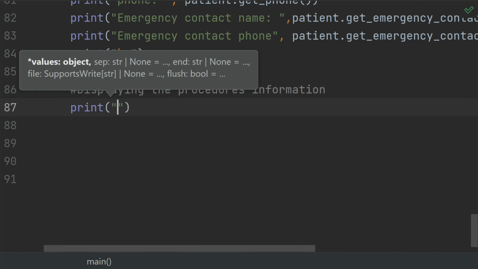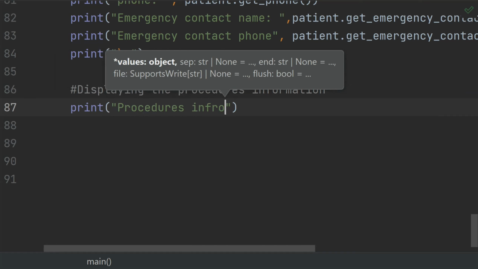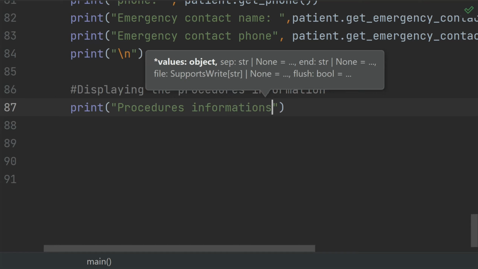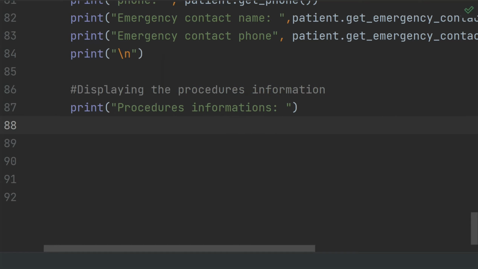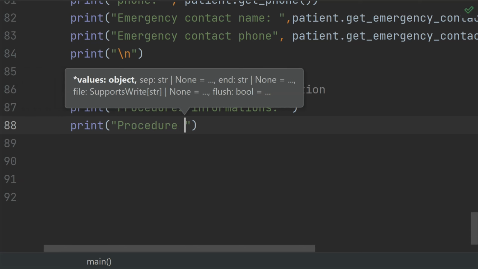Print procedures information. First of all, print the information of procedure 1. So print procedure 1